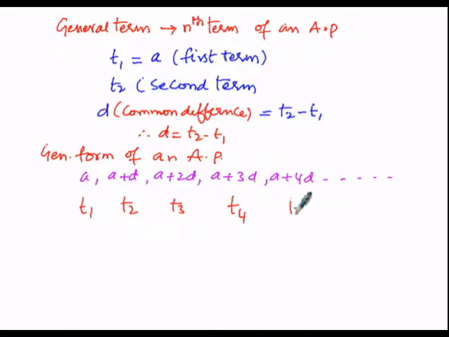So in order to get the fifth term of an AP, 1 less than the serial number of this particular term, that is 5 minus 1, is 4D. So A plus 4D will be the fifth term. So now,